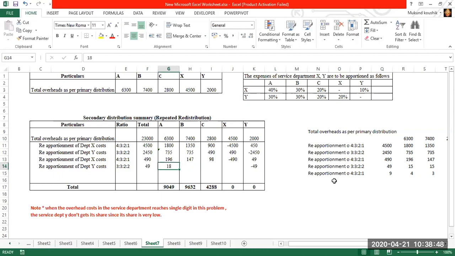Then again it will remain the same in case of department B. For department C it will be 49 into 2 by 10. 9.8, we are getting 9.8, that means we will make it 10. And again for service department X, it will be 49 into 2 by 10. So here also we get 9.8, but we cannot make it 10 because already we have taken,